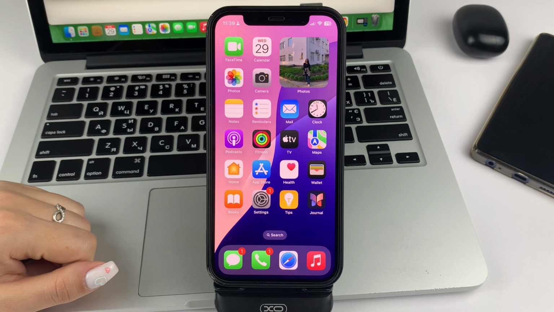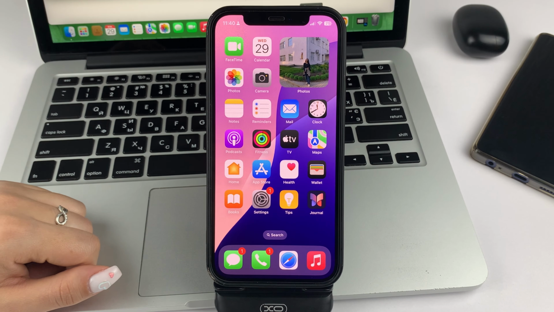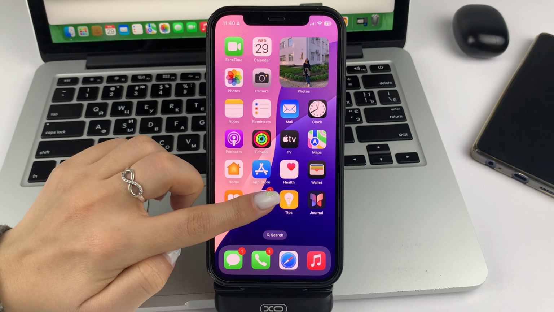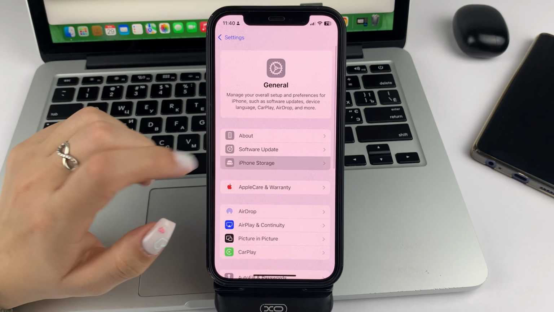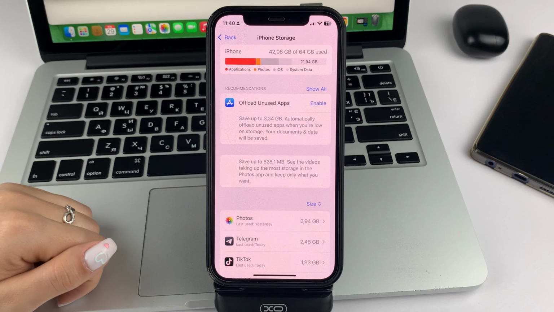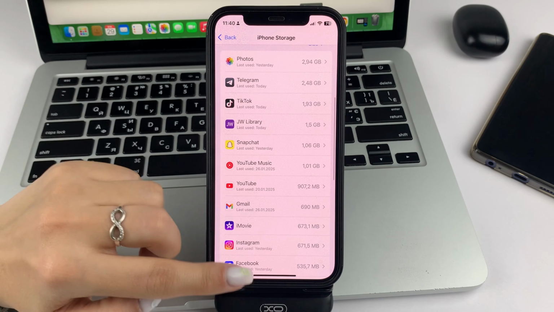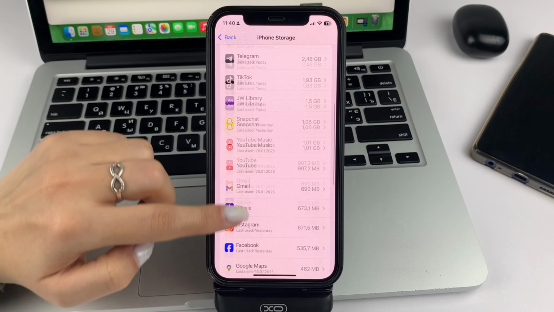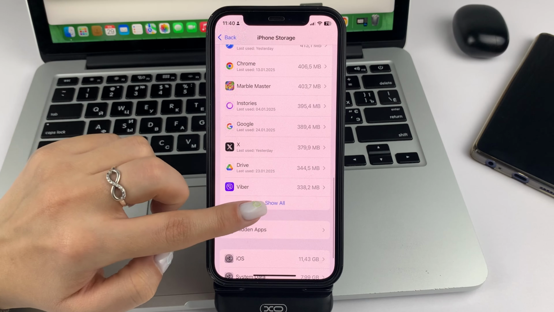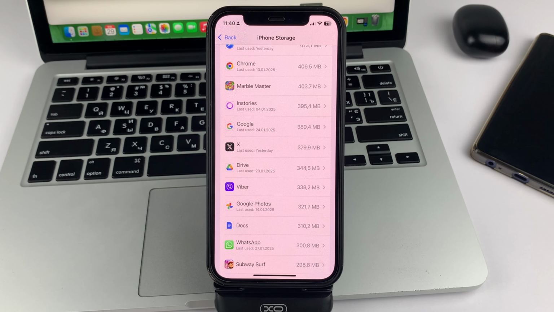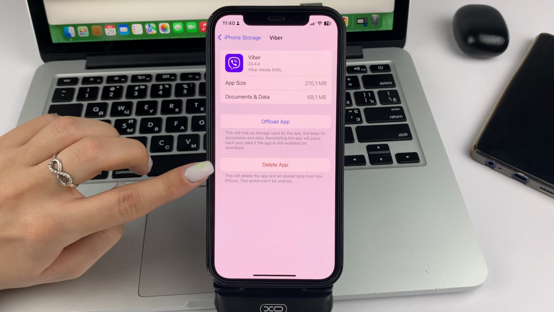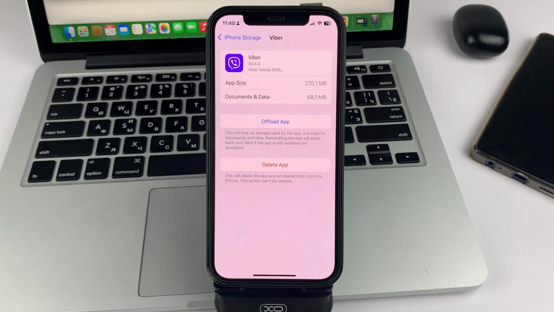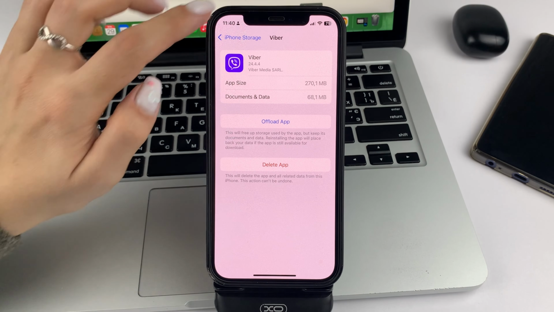Another method where you can find all your apps to view and delete them. To do this, you will need to open Settings, then General and iPhone Memory. Scroll down a little bit, and this way you will see the entire list of apps, as well as games that you have on your iPhone. If you want to delete any of them, you will have to go to that app and then click Uninstall it. And just as confirming your action, the app will be deleted.